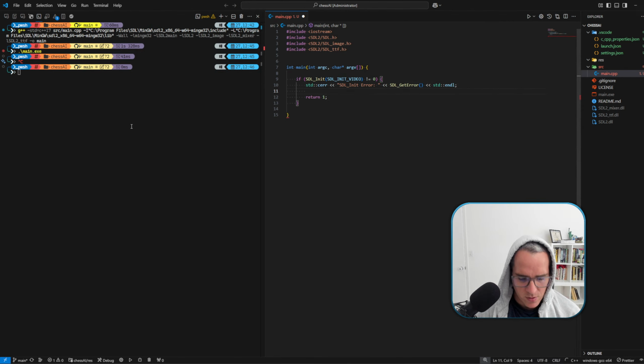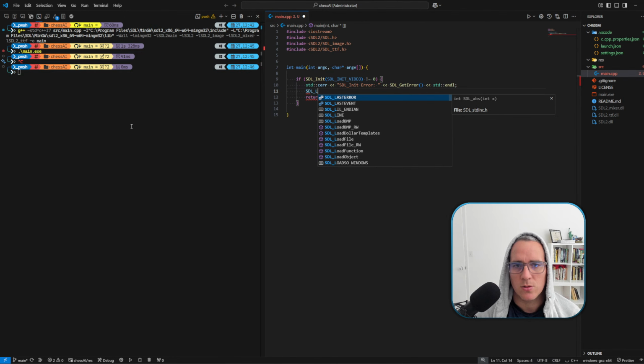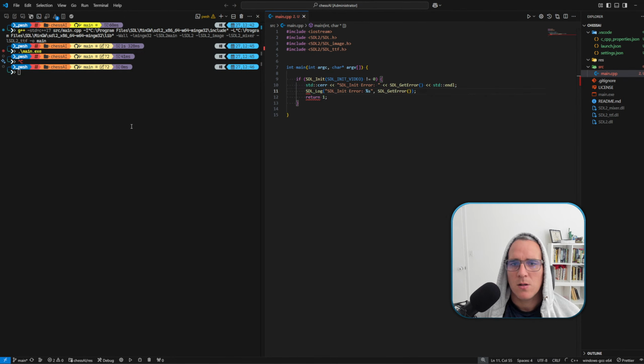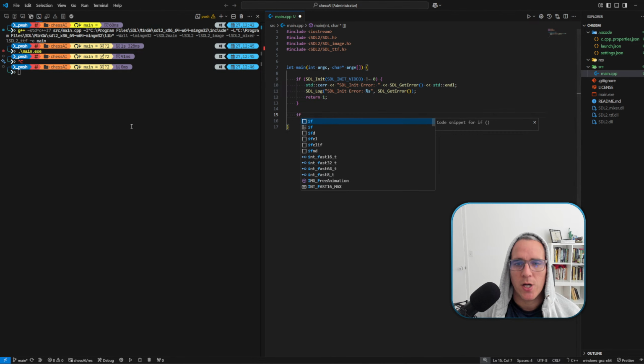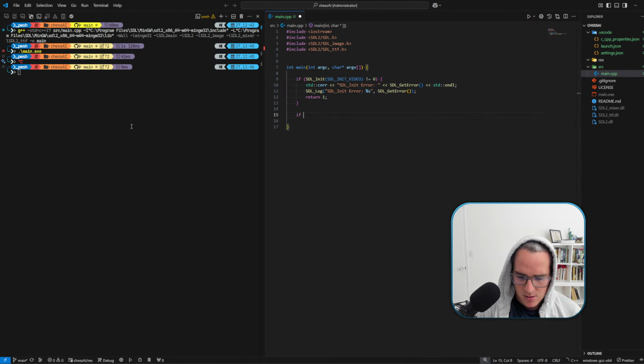Okay, and here we're going to use SDL logs too, which I need to learn. I need to review SDL logs because I haven't been able to log this on the output on the console. So I have to do something, but I know it's important to have it so we can track the logs. Okay, we also need to check for the